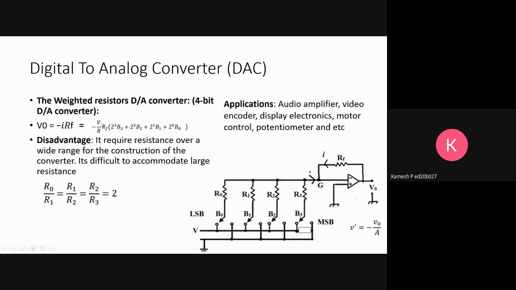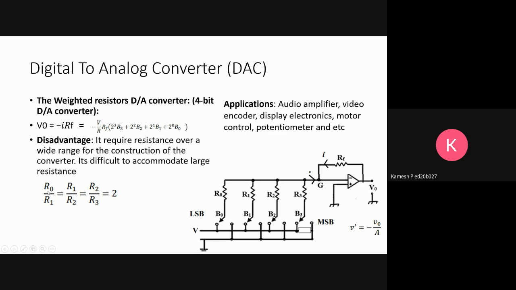Digital to analog converter. The weighted resistors DA converter. First type of DA converter. So V naught is equal to minus I RF, which is the output voltage. The I value is the sum of the currents from each of these circuits, I mean the R1 values. And here we have